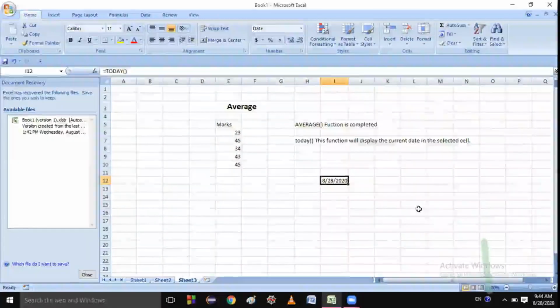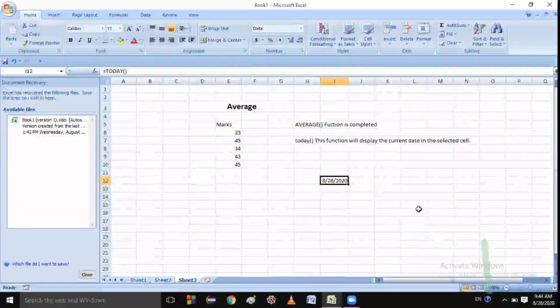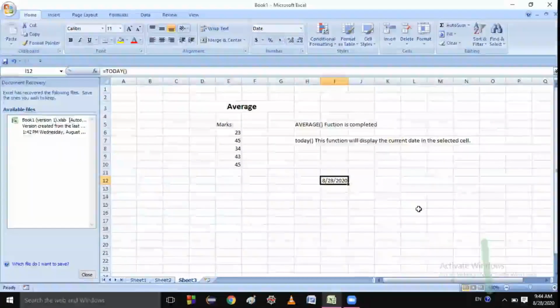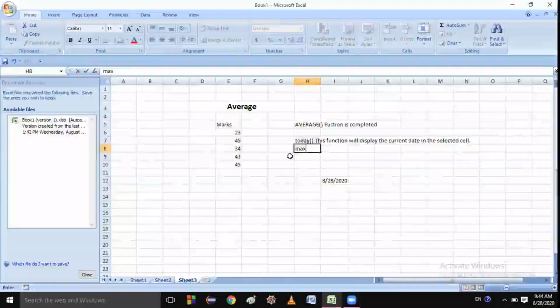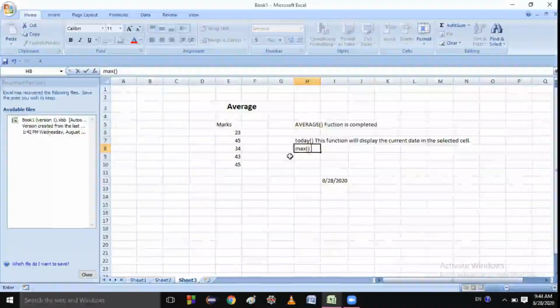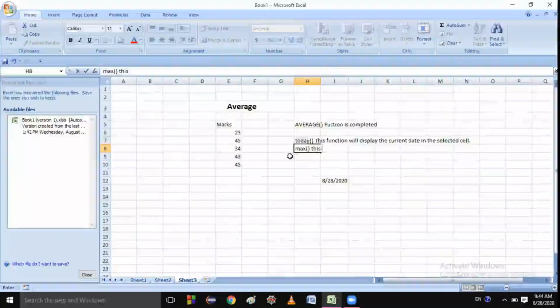Students, some more functions I'm going to tell. Next function is the MAX function.